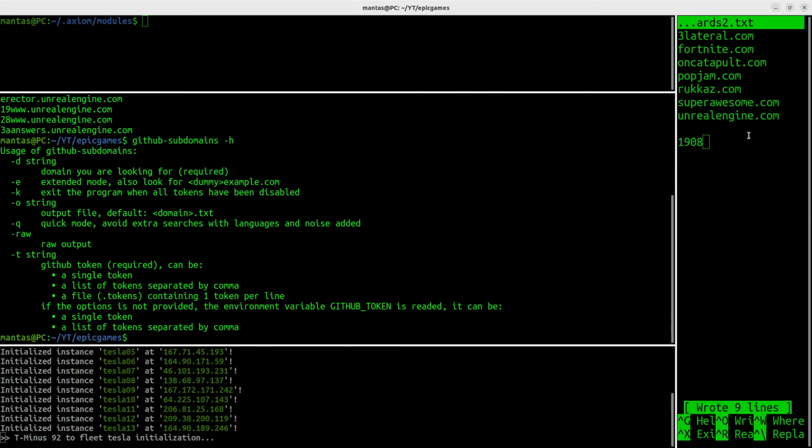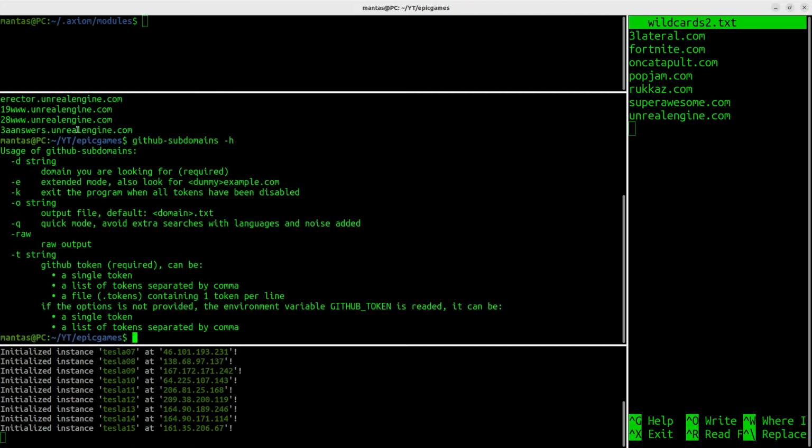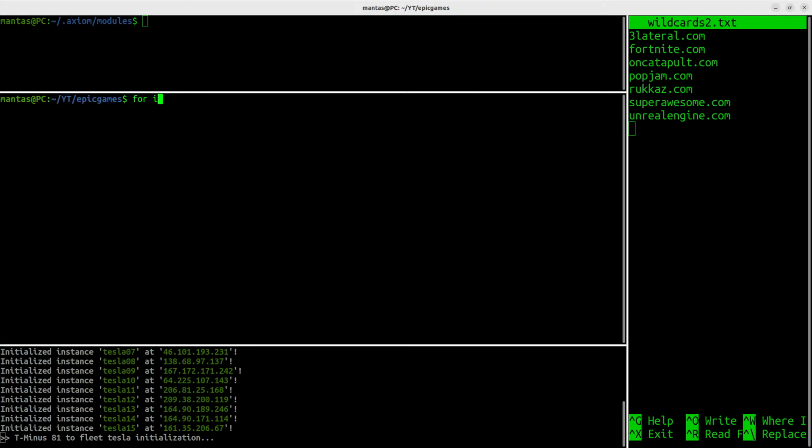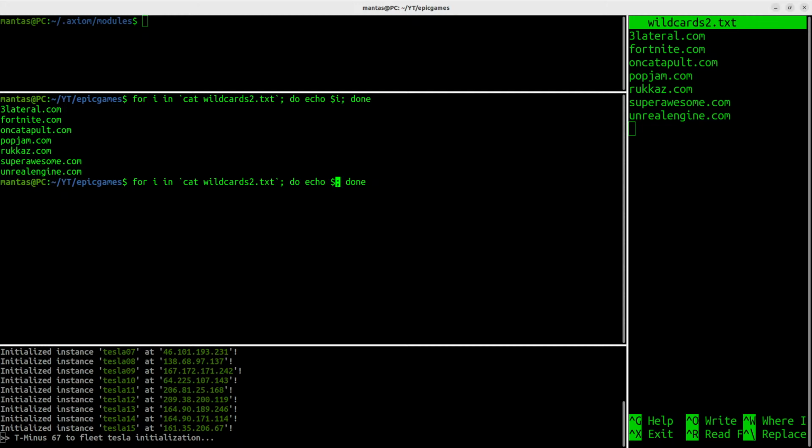So just in case you want, for example, to use this file, wildcards2, for each of these subdomains, this is how you can automate it. I will use another for loop and I will use cat wildcards2.txt. For now I will just echo them out to check, but for each of those, if you want to use GitHub subdomains, I will use the flag and I for each of those lines, and of course I will pass the token. So this way